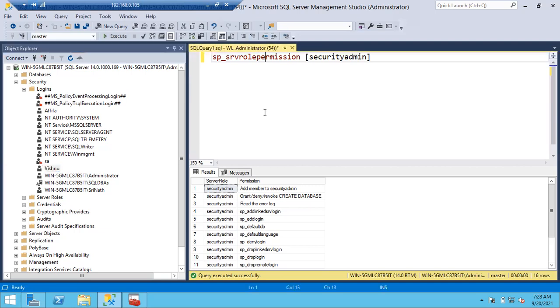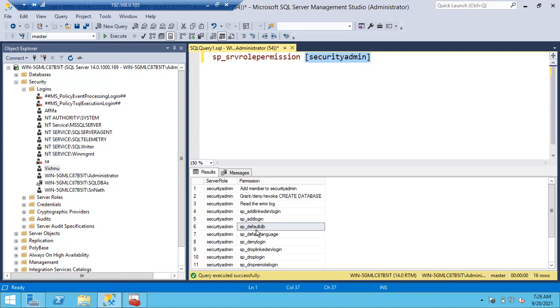So why are we going to call the roles fixed server roles? Imagine for the security admin, how many permissions are there? 16 permissions are there. We cannot remove any permissions from the 16, nor can we add any permission to the 16. Those 16 permissions are fixed. We cannot alter the permissions.